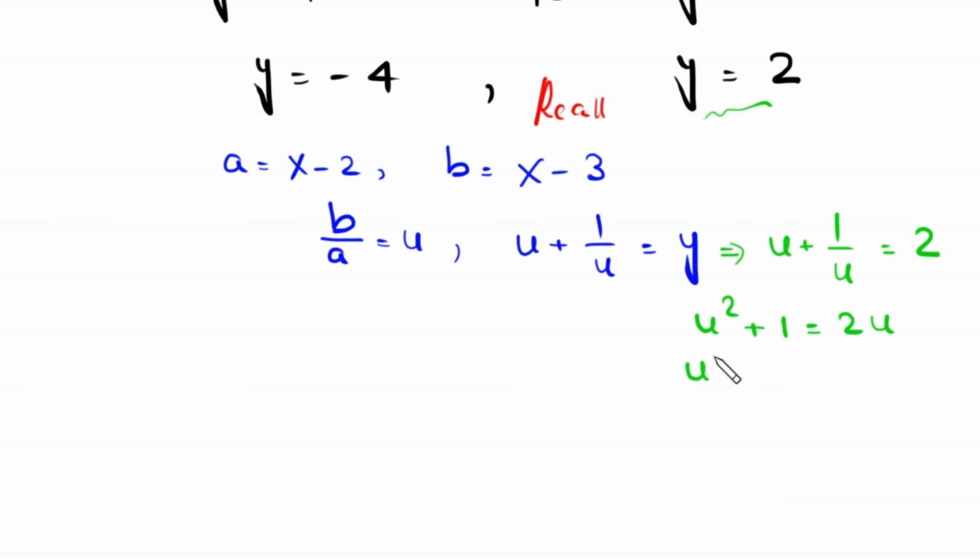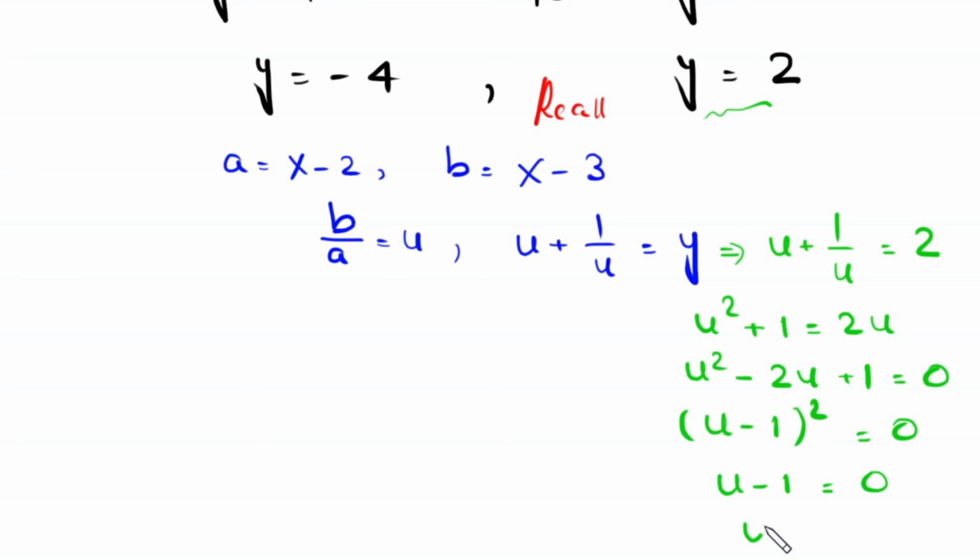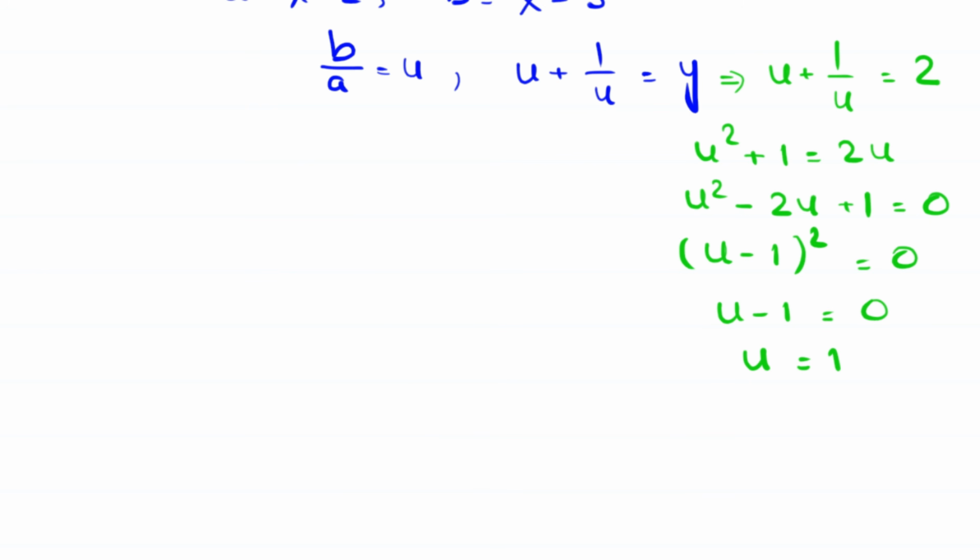This will become u squared minus 2u plus 1 equal to 0. This implies that (u minus 1) whole squared equal to 0. If we take a square root of both sides, this implies that u minus 1 equal to 0, and this implies that u is equal to 1, and b over a equal to u, so b over a will be equal to 1. This implies that b is equal to a,